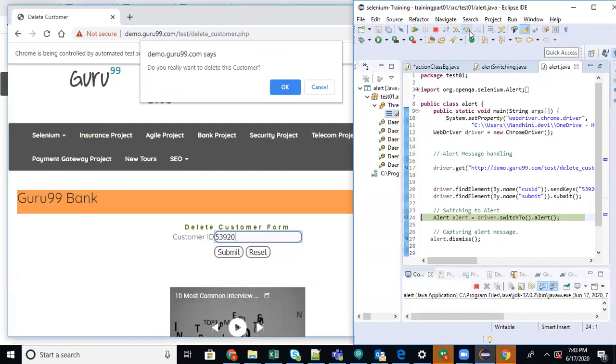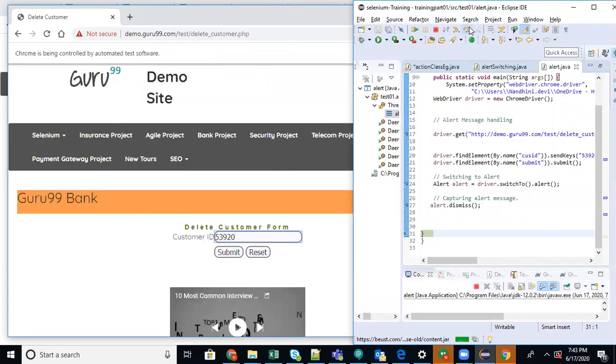Once that is displayed, you have to switch the control to the alert. Now the control, your hand, is in the alert. Now you have to check whether you need to accept or dismiss. If you want to accept, then alert object dot accept. But here I did it for dismiss. Alert object dot dismiss is like clicking on cancel. Now see, it will disappear.